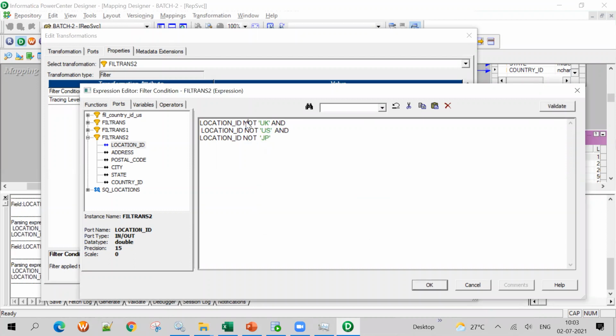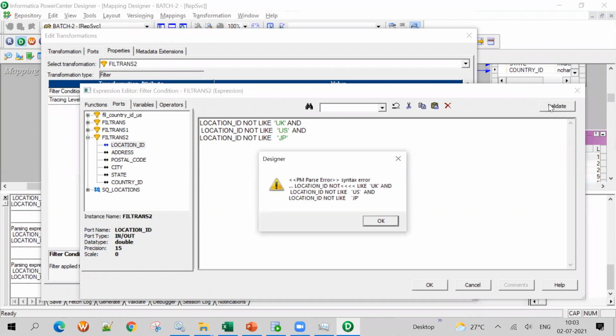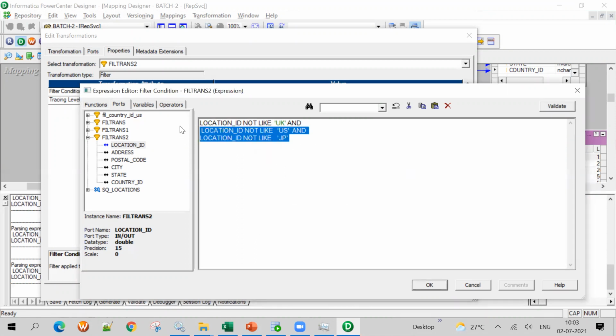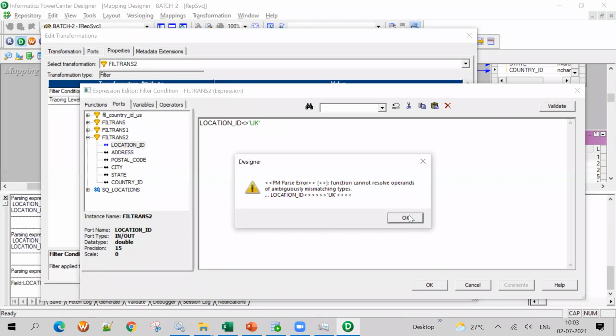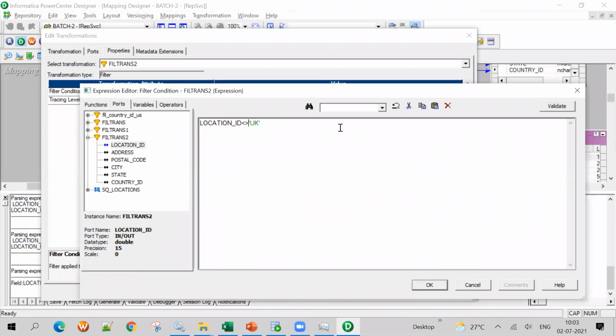So location ID not like, still it is giving some problem. So location ID not like UK, and let me see the first one first, right? Location ID is not equal to UK. If I give that, what will happen? Will it validate? The function cannot resolve the operand, so it is not working.